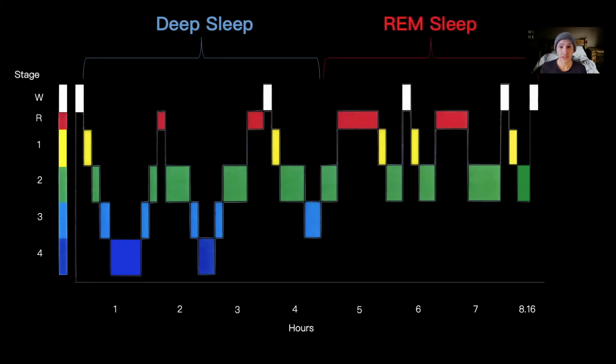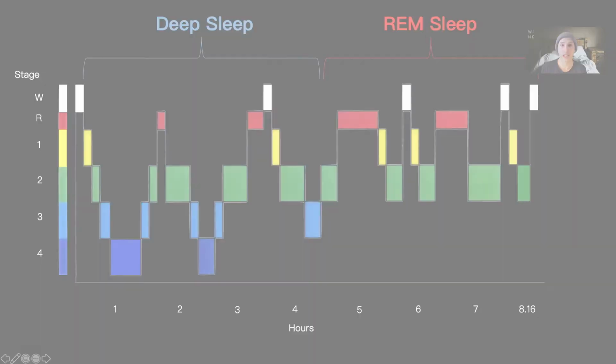But if we look at the second half of the night, we get a bit of a shift here. We're not seeing so much deep sleep, but we're seeing more REM sleep. So this is important because sometimes, for instance, if you're waking up a bit too early, you're not getting enough REM sleep. And remember that REM sleep is related to learning and memory. So it's really important that we try to get our full complement of sleep during the night.